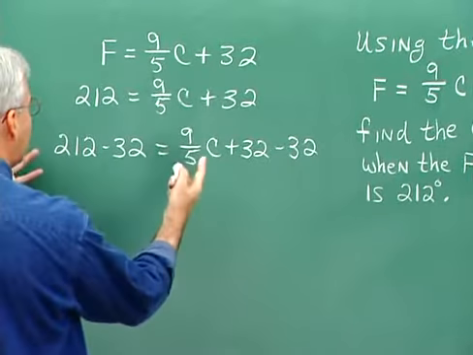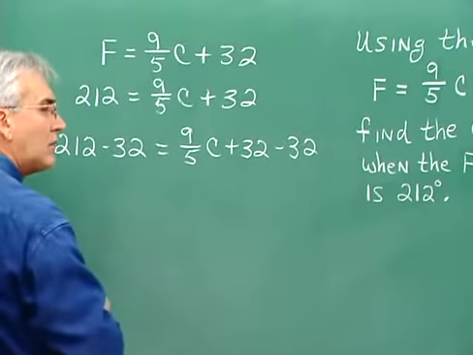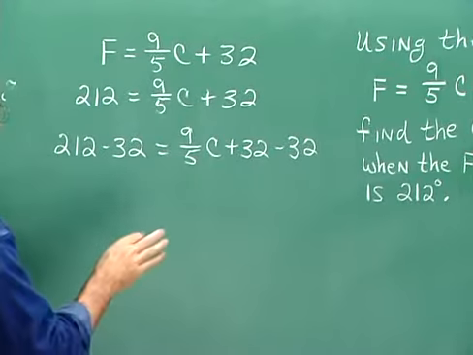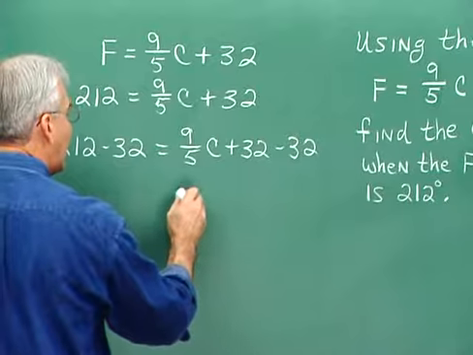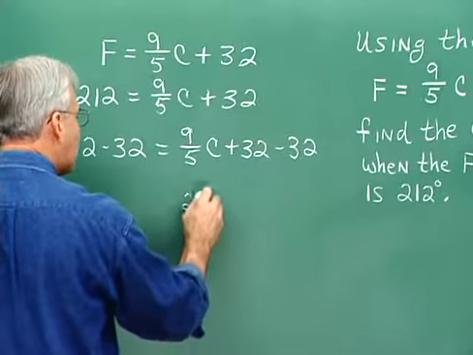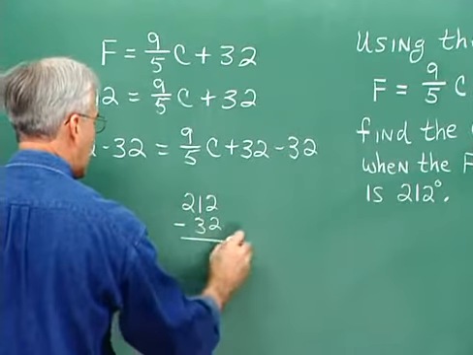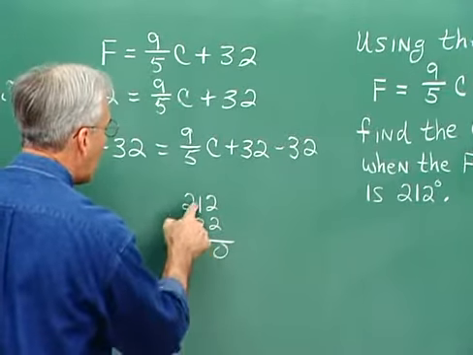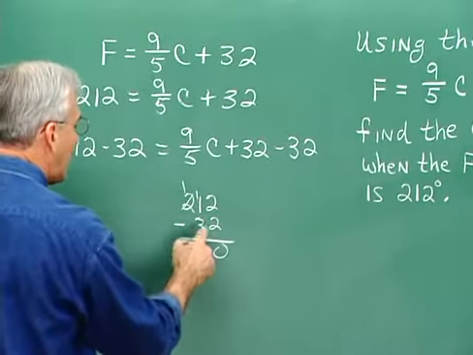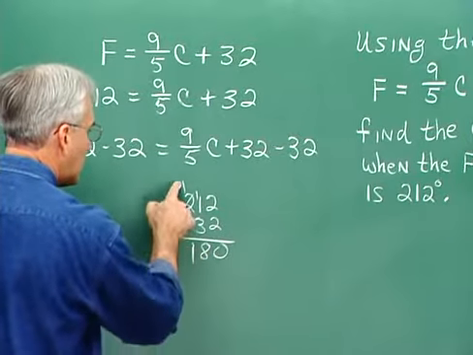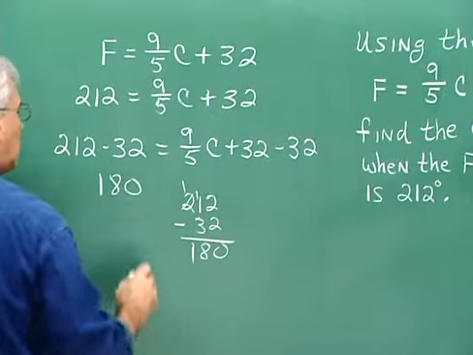And now on the left we have a little subtraction to do. And don't trivialize this. Don't think that this is something that you can do in your head. Don't even try it in your head. You want to write it down somewhere, perhaps out to the side, but I'm just going to work it right here and then erase it because I have a handy eraser. So 212 minus 32, and here's the way I'm thinking about it. 2 minus 2 is 0. 1 minus 3, oh, won't go. This is 1 then. The one that I borrow makes that 11. 11 minus 3, 8. And 1 minus 0, 1. So I get 180 on the left,